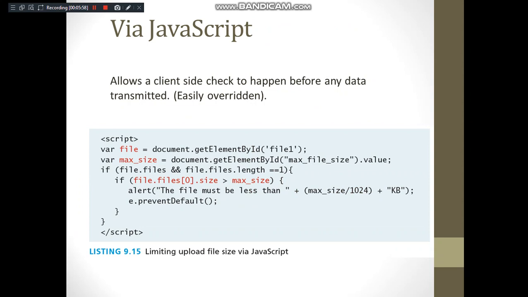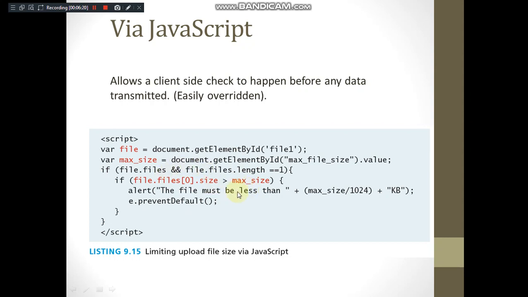Through JavaScript, we can simply refer to that particular element by means of document.getElementById through a variable file, and then you can check the file size. We can assign the max size to a certain value, and if length is equal to 1, that means a file is already uploaded.